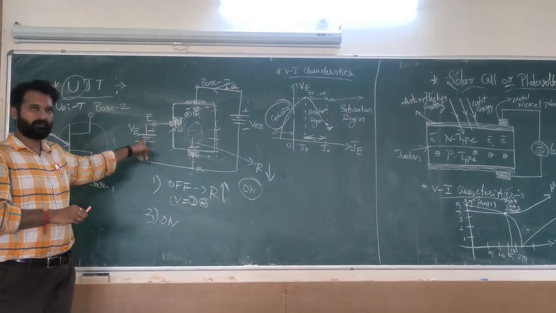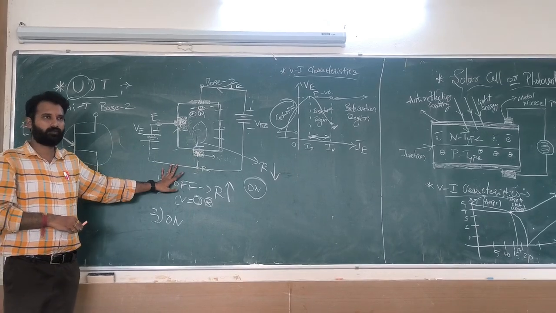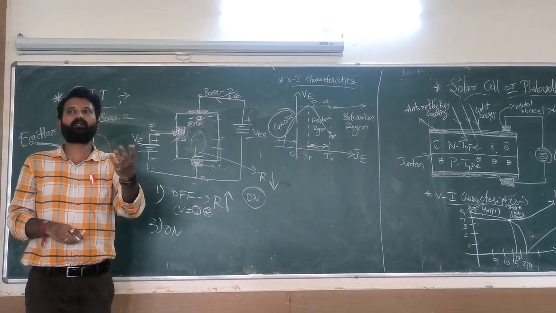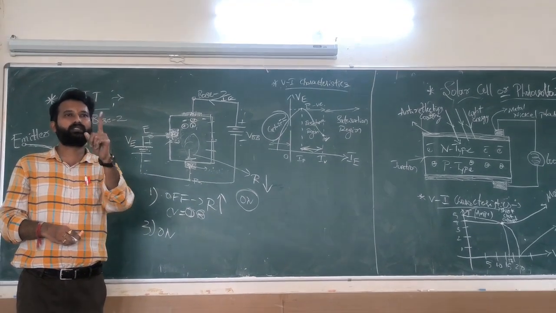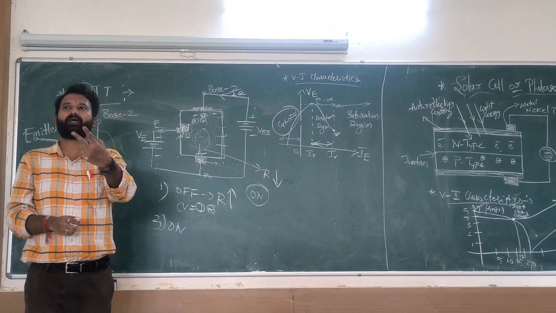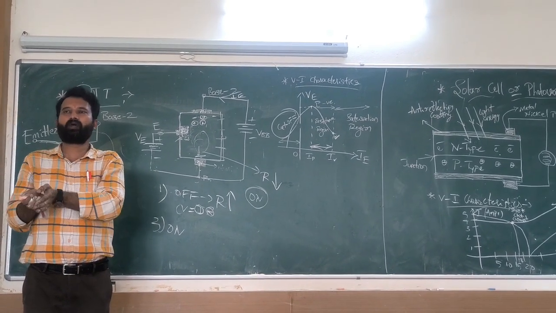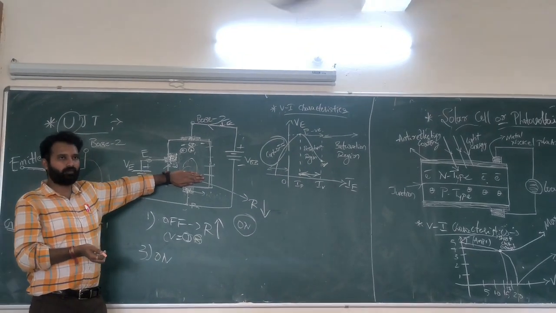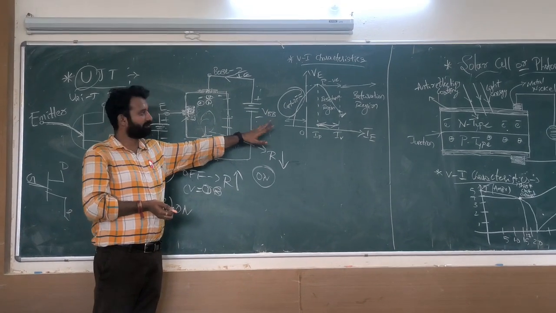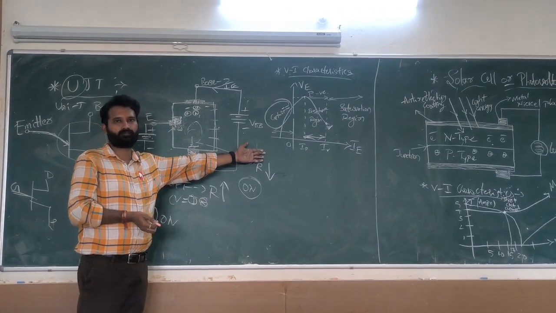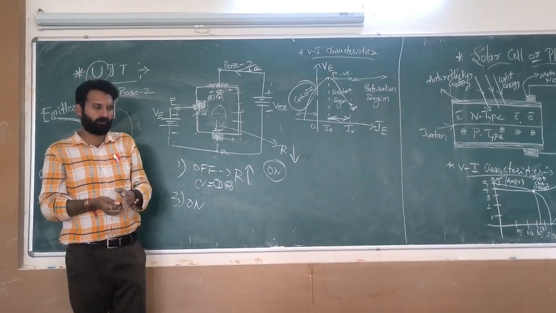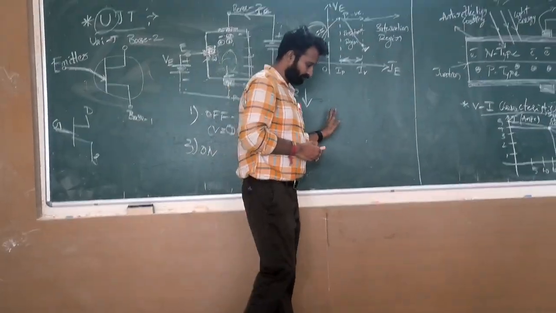Clear? Here's the graph. As simple as it is. Unijunction: uni means only one junction. The name itself gives a hint: unijunction, one junction transistor. If there is no voltage applied, it is in off condition. If you apply a voltage, positive carriers repel, come here and recombine. Resistance of the channel decreases and current increases. The same thing happens in the saturation region. Current increases at a certain point and then decreases. Got this? Any questions?